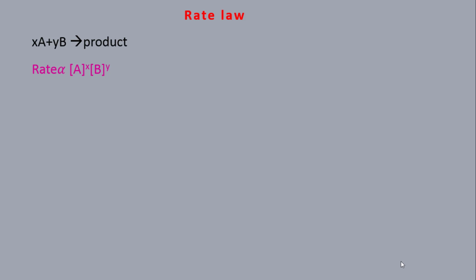Next topic, each and every single step in a reaction mechanism is called an elementary reaction. Define elementary reaction: each and every single step in a reaction mechanism is called an elementary reaction. An elementary step is characterized by its molecularity. Next topic is molecularity. The total number of reactant species involved in an elementary step is called the molecularity of that particular step. Molecularity is always a whole number; it cannot be zero or a fractional number. Molecularity is assigned for the elementary step of the mechanism.